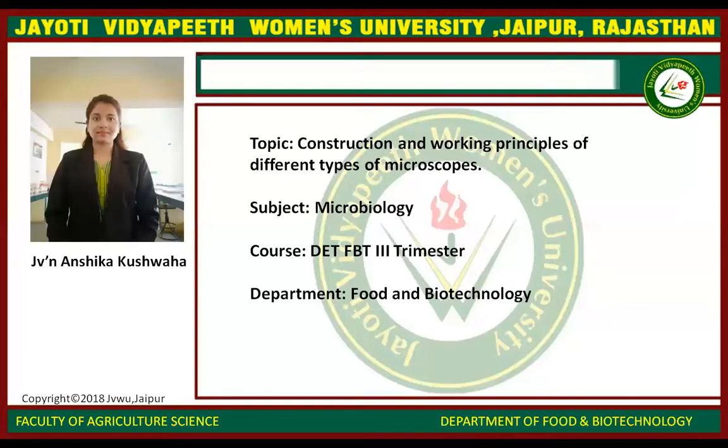Next is types of microscope and their uses. There are different types of microscope: light microscope, electron microscope, bright field microscope, and the next are simple microscope and compound microscope. A simple microscope contains a single magnifying lens, and a compound microscope has a series of lenses for magnification. In this, light passes through a specimen into the objective lens, and then the oil immersion lens increases resolution. It has one or two ocular lenses, and its resolution is 200 nanometer.